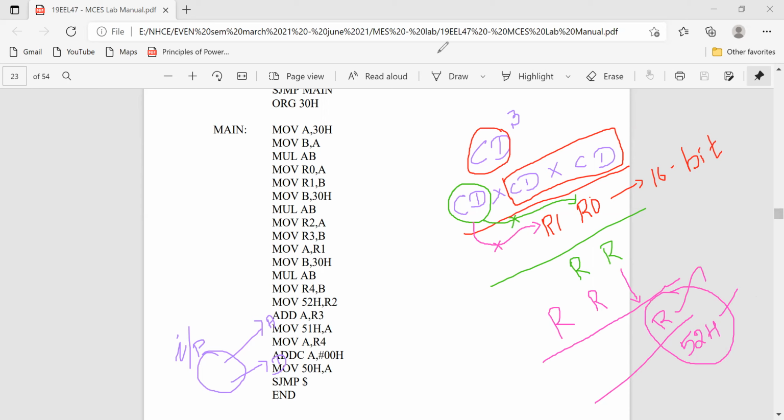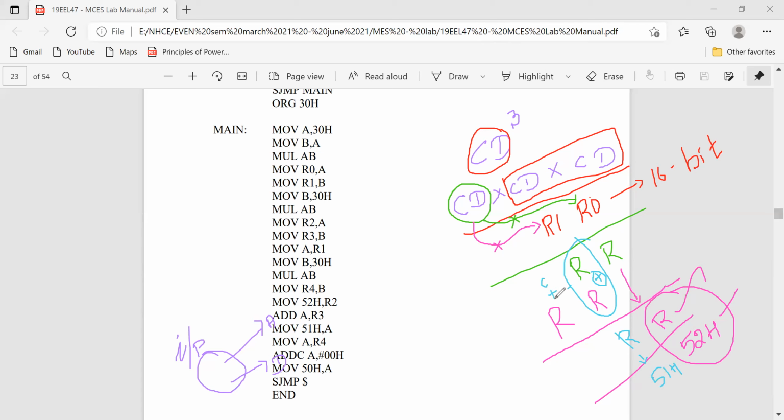Now the next operation is, you have to add these two registers, place the resultant here, and move this register to another location, 51H. Due to this addition there can be a carry.